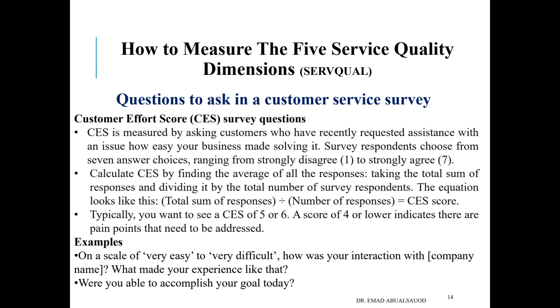And usually you put the scale from 1 to 7 or 1 to 10, or it depends on the score range you are providing, whether you disagree or you strongly agree. And you calculate the average by taking the total sum of the responses and dividing it by the total number of survey respondents. For example, you want to find how many people put disagree. I believe that you do that type of